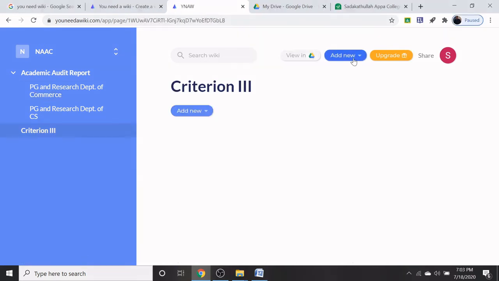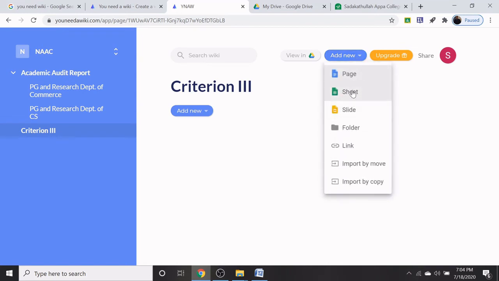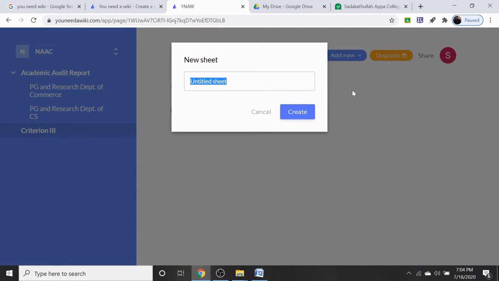I am going to create a sheet on criterion 3. Now I type the name as research activities.